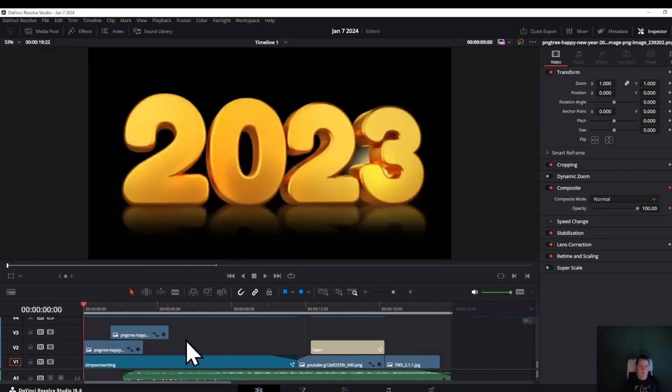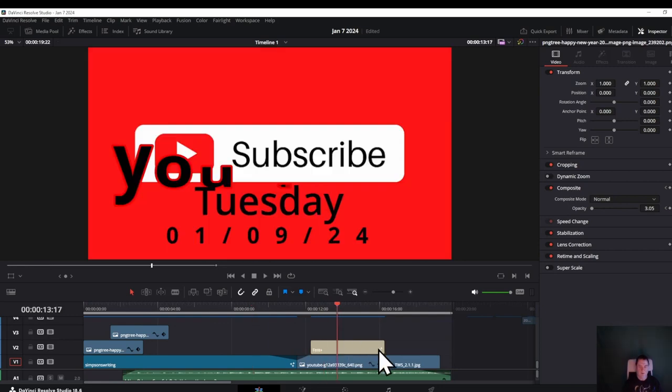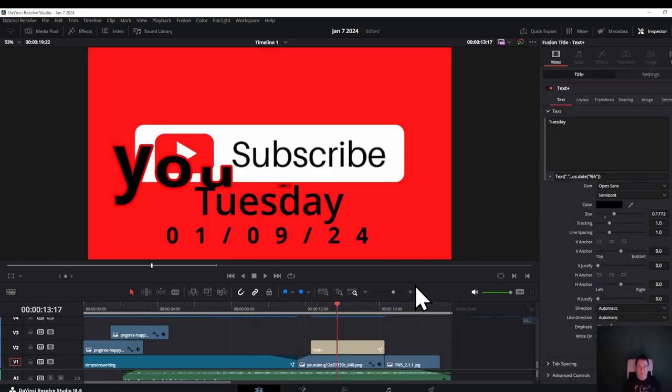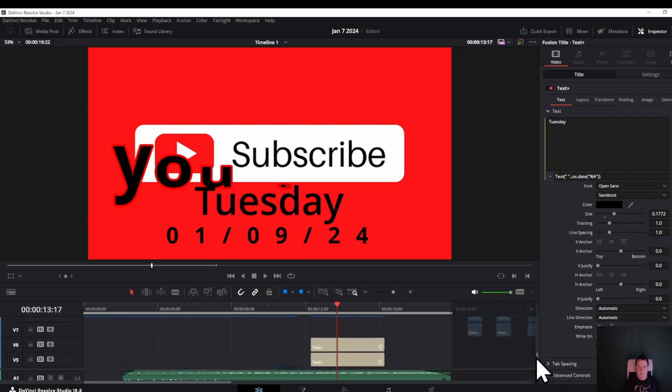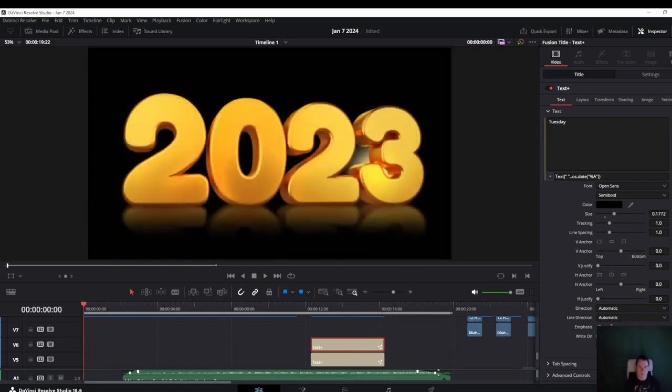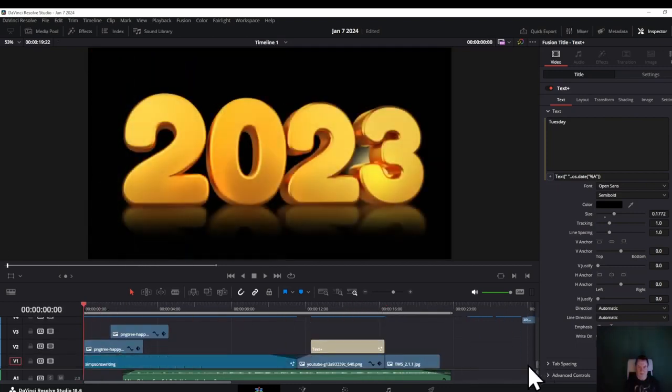So the only thing I have to do is come over here and bring this up to here. It says Tuesday the 9th. Well, it actually got it right without me changing anything. For once, it actually got it right. Usually I have to go in there and make a slight adjustment, and it fixes that. But it got it right, so that's good. That part was simple. I'm going to have to remember this.